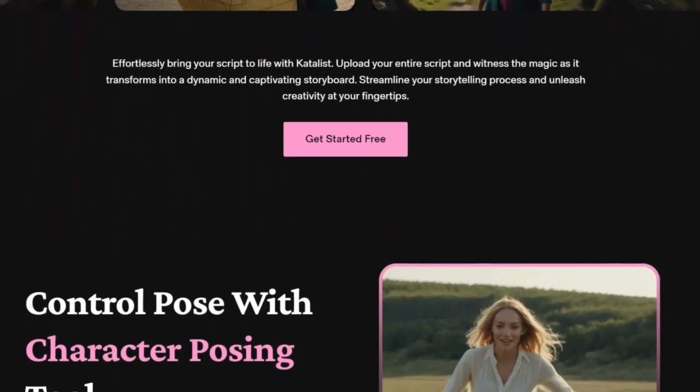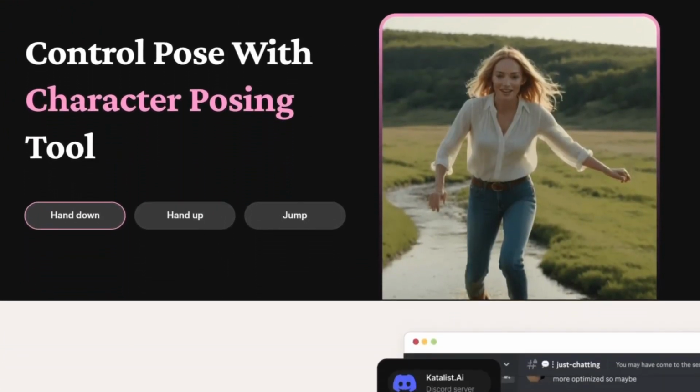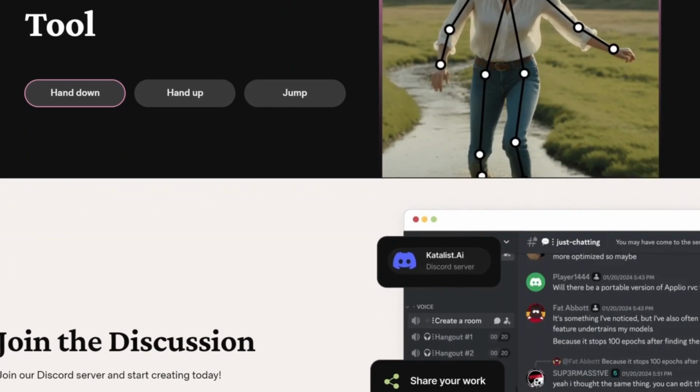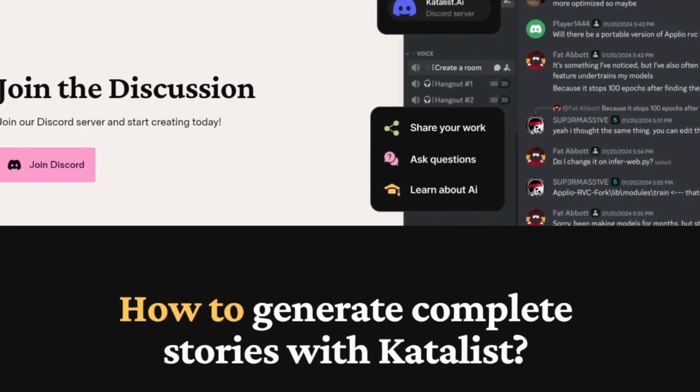Katalist AI is a part of a growing trend of AI-assisted storyboard tools that aim to simplify the creative process. It's used by filmmakers, content creators, and visual artists to rapidly generate storyboards and tweak creative projects in an iterative